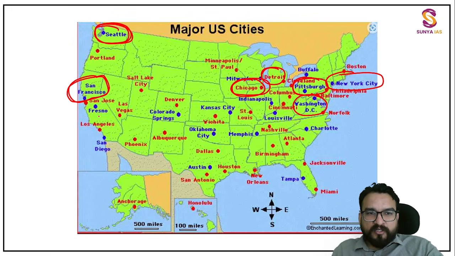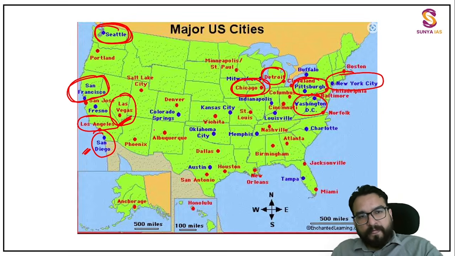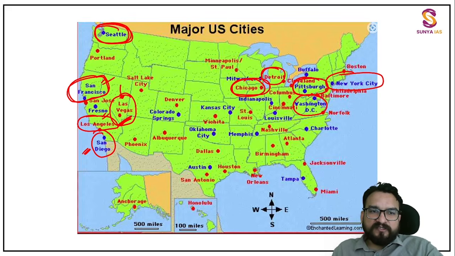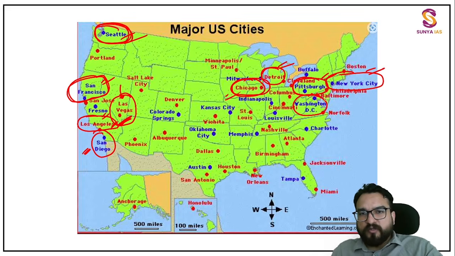Then if I ask you, Hollywood is in your Los Angeles. Then these all are port cities over here also, but one port province over here you will be finding, San Diego, Los Angeles over here. The world's largest gambling town, Las Vegas. Now this type of information you don't have to write, but just understand these places. Las Vegas, Los Angeles, San Francisco, San Diego, Seattle, Chicago, Detroit, Pittsburgh, New York City, Washington DC. So these are the cities which I am telling you.